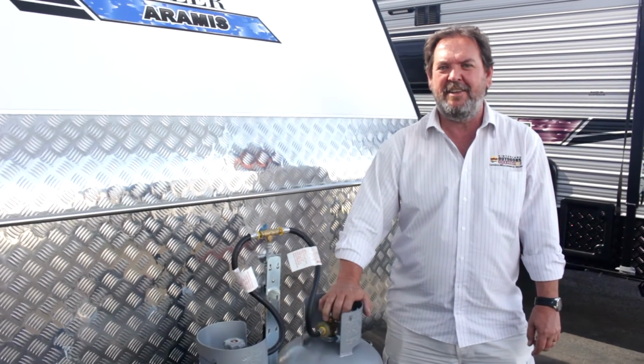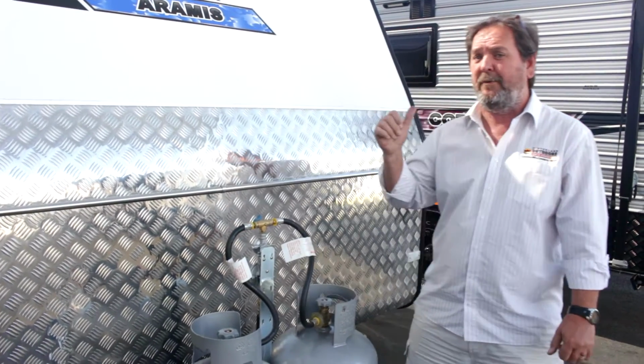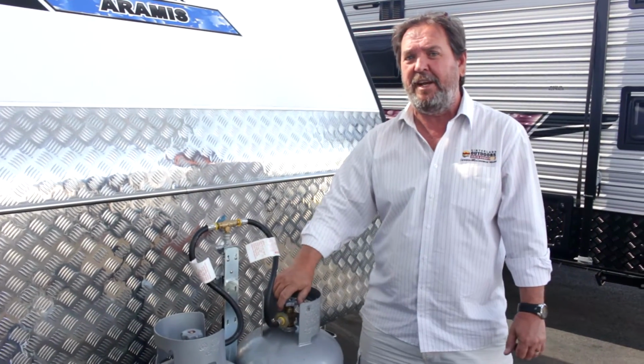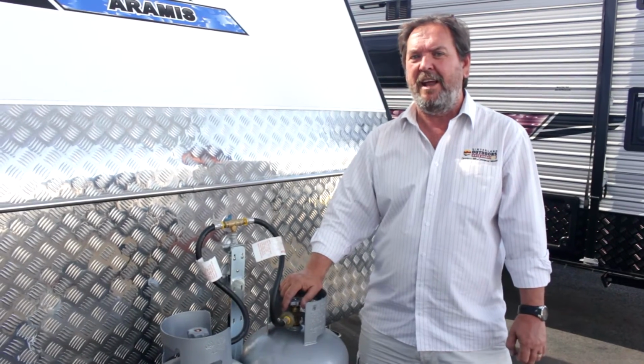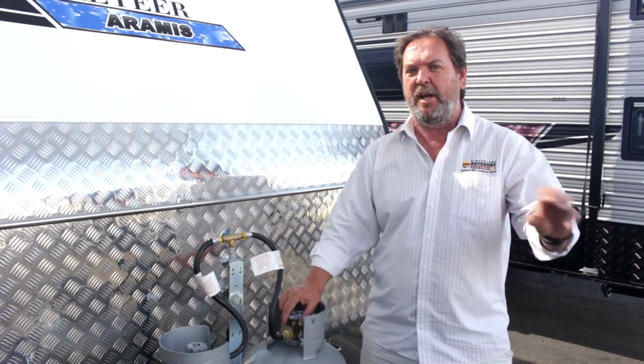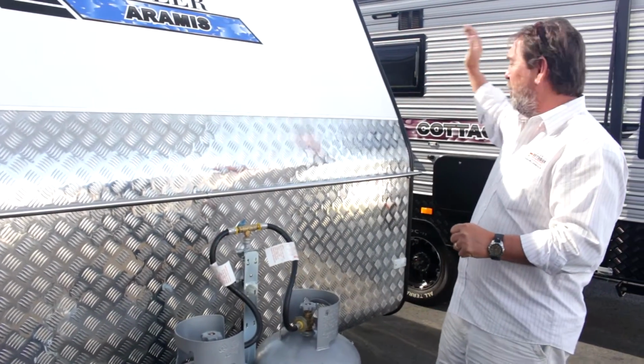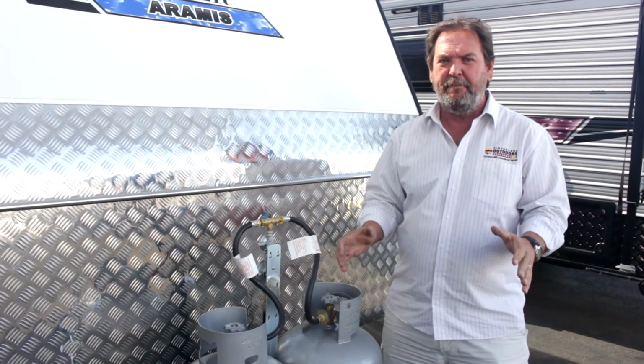This is the second stage of our helpful hints for caravanners. We previously did the rollout awning, which I'm confident you would have found interesting and helpful. All being well, you now have no worries putting your awning up, and you remembered all the little tips for locking it in and bracing and the like. We've moved from the side of the van, your rollout awning, to the front of the van, and we're looking